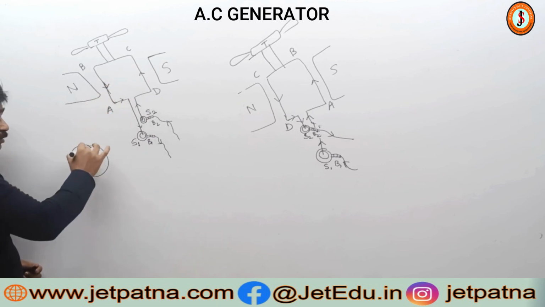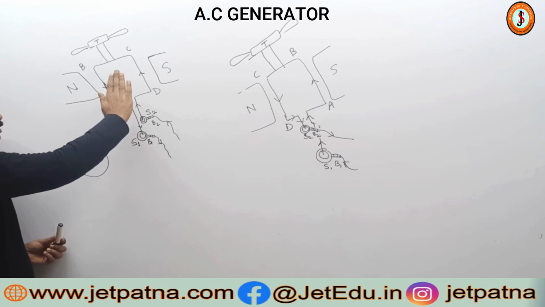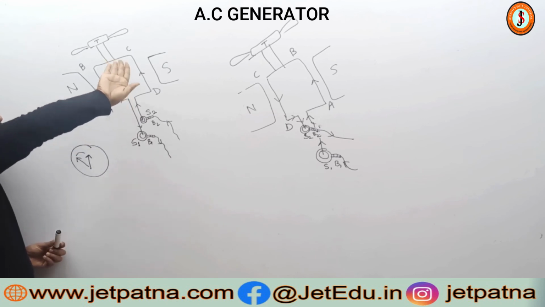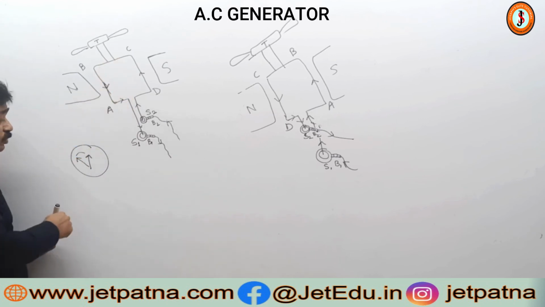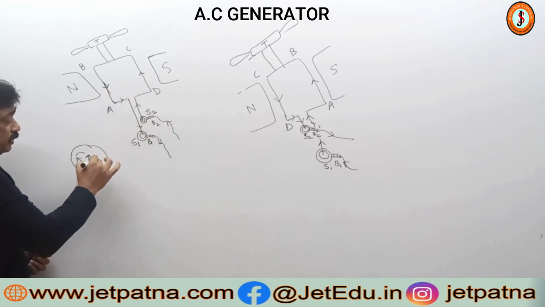Then it starts coming back, because now what will happen? See how this coil will move. First it is like this, maximum, then it will come like this way. So it becomes 0. So it will go back. Now this position will come. Now CD is going in. That means the direction is just opposite. So this will go this way.